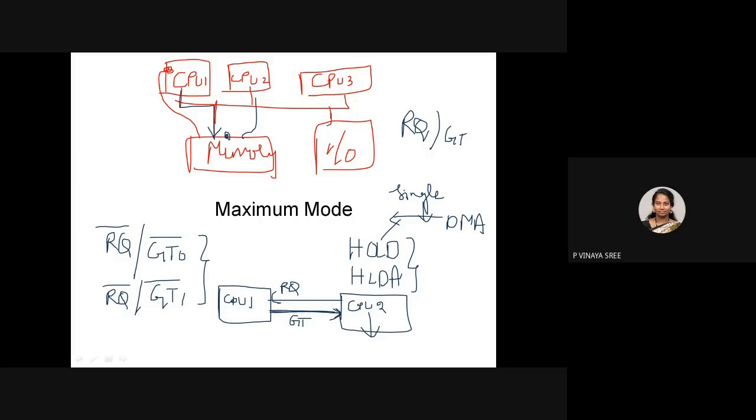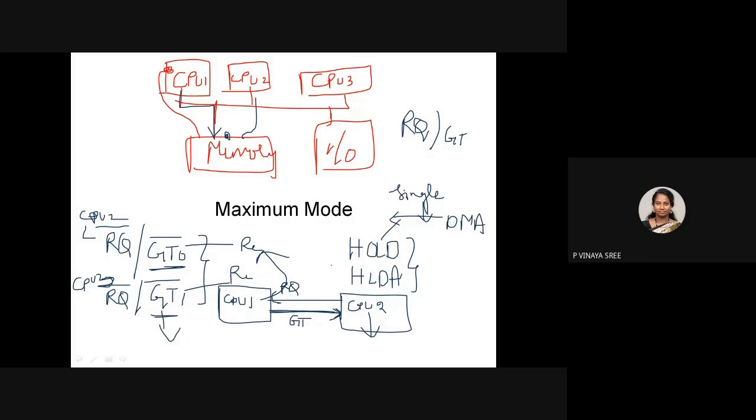But what is the difference between these two? Both are same, but consider a request coming from this pin, which is CPU 2, and from the other pin, which is CPU 3. Then CPU 1 will provide the service to CPU 2, meaning the system bus grant reply will be given to CPU 2, not CPU 3. Why? Because this one has the highest priority when compared to this. So both are same, but we have priority levels. The first has the highest priority.